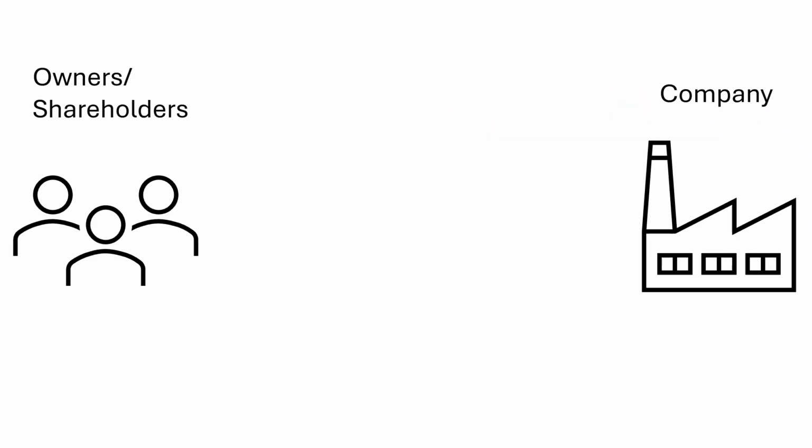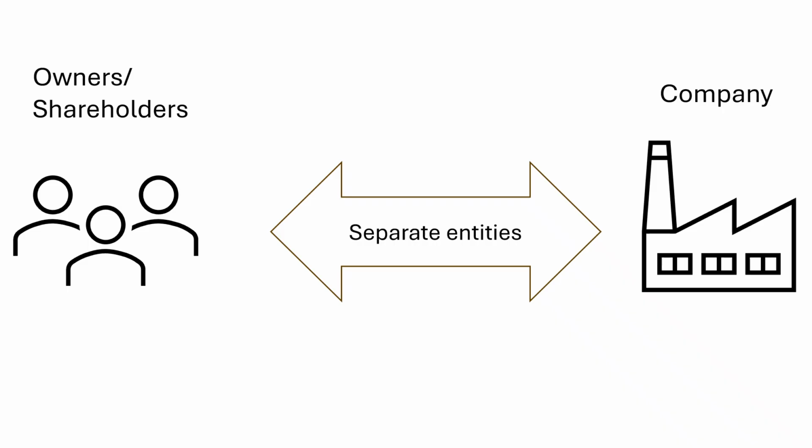In the case of a company, the amount that the company owes its owners, or we also call the owners shareholders, that amount is a liability for the company. And this is because a company must be seen as a separate entity from its owners. So whatever amount has been contributed by its owners to start the company, it is actually a liability for